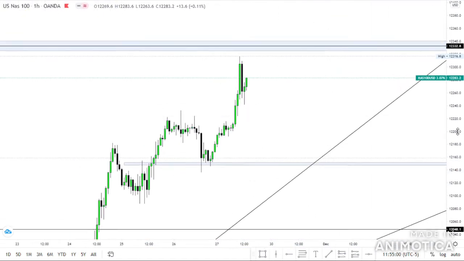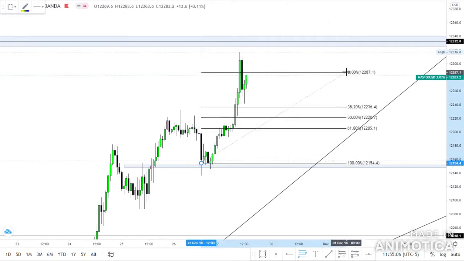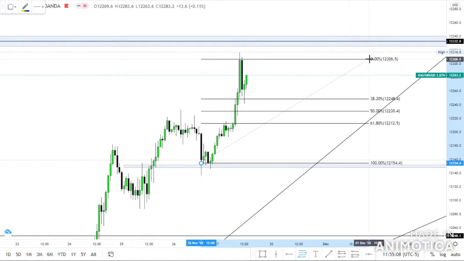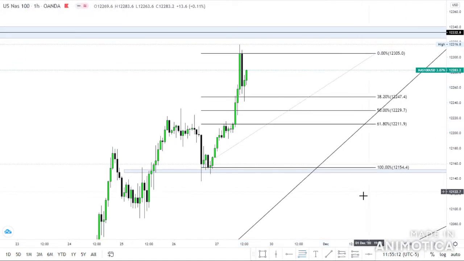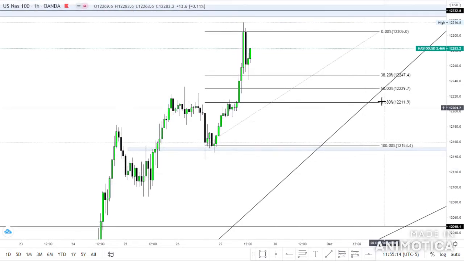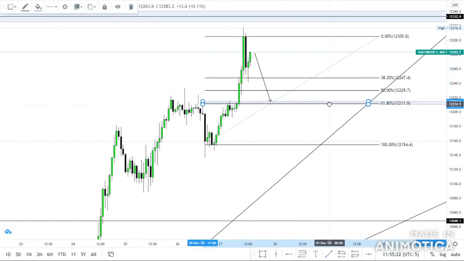We could take the fib from the lows right here, from the bodies of a candle to this high right here, and then you could wait for a retracement to the 61.8 level right about there. And if you look to the left,